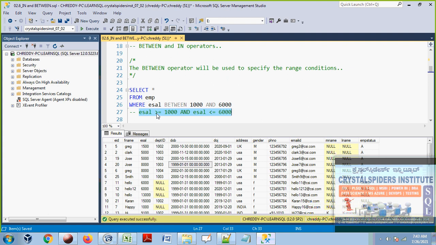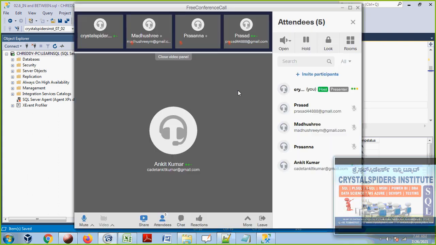Instead of specifying like this, we are using the BETWEEN keyword to make it very simple to understand. There is no other difference, right? There is no difference performance-wise or whatever it is. The only thing is that we can understand it somewhat easily when we write the BETWEEN keyword.